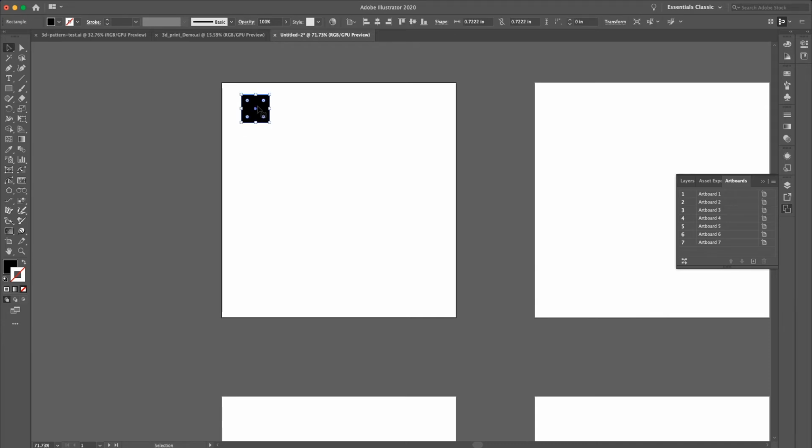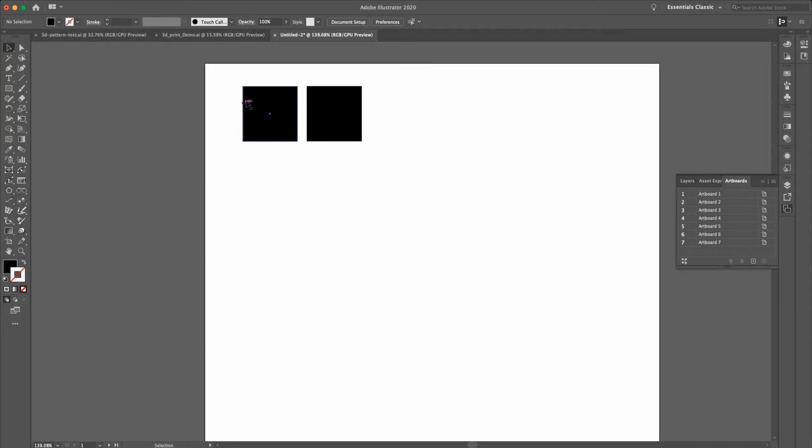All right, and V is going to be your main selection tool, so if you ever need to get out of whatever you're in, just hit V. Okay, so Command C will copy it and Command F will put it in the front, and then if you hold shift you can drag it and it will snap, you see, on that line, which is great. Okay, so I set my distance, and then what I'm going to do again is Command C, Command F,